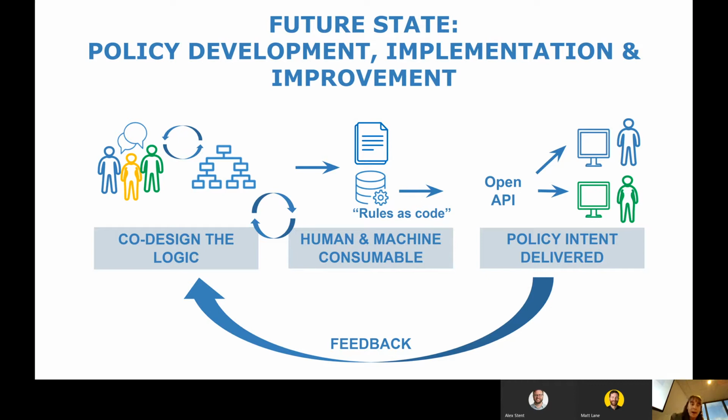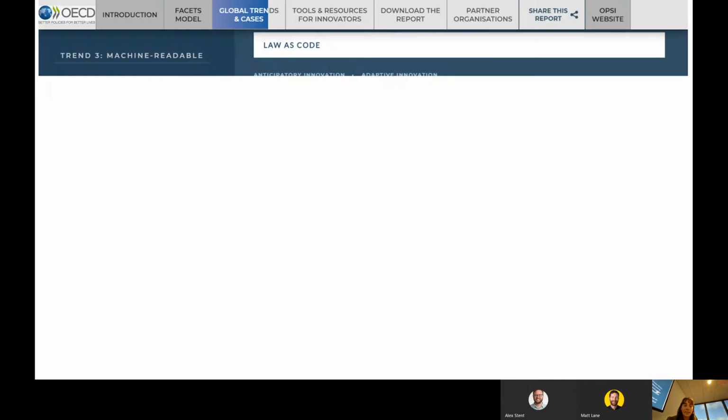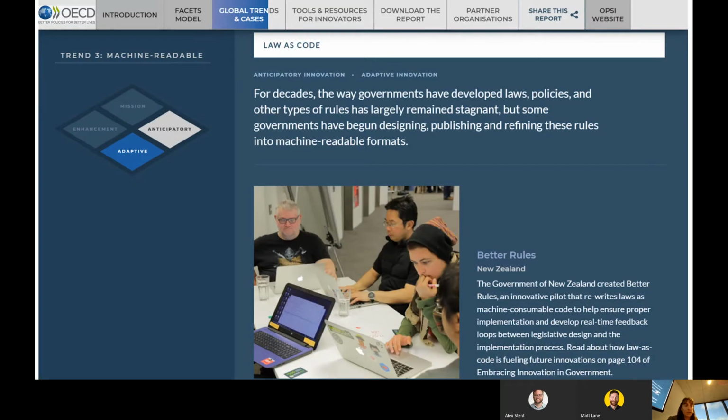So we wrote this 3-week discovery up into about a 40-page document. I published it. It got huge international attention, and the OECD picked it up as one of its case studies and put it into its Global Trends report for 2019. So there's been a number of different governments who have picked up on this approach, and just this morning I was in a group of